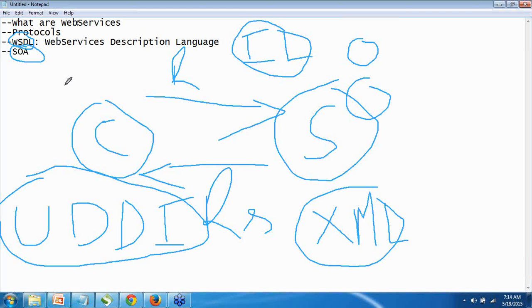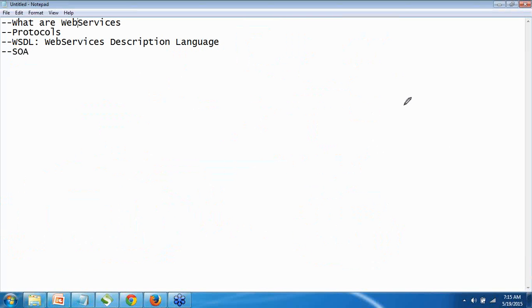So what happens when you communicate using different kinds of platforms? You require one architecture where you can easily communicate with each other, which can be language independent and platform independent. All of this can be done using SOA. So it resolves a lot of issues in communicating across different platforms. All right, so all these things we discussed in the last session. What we are going to do today is